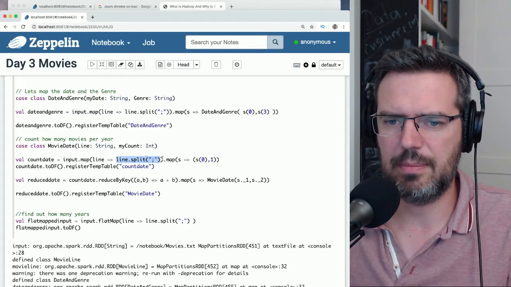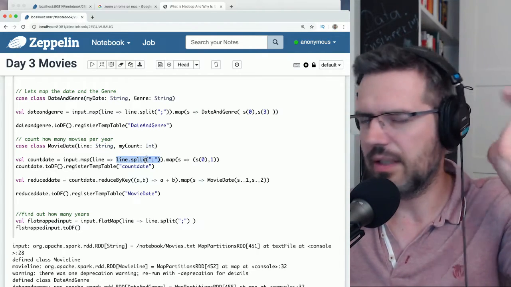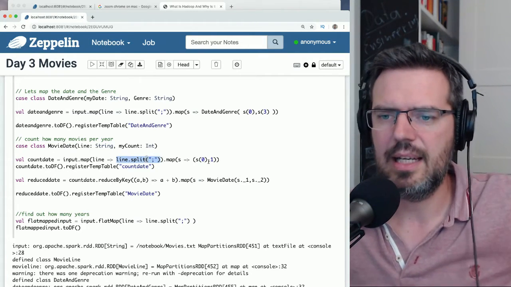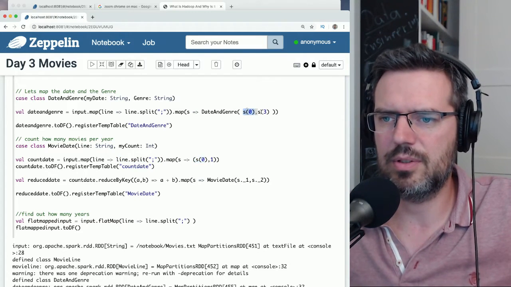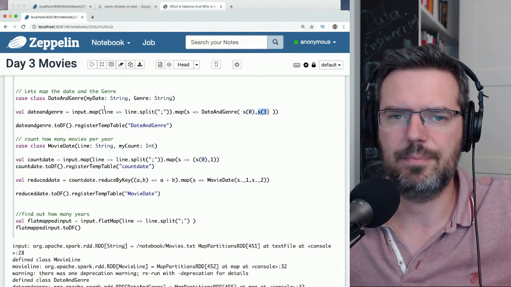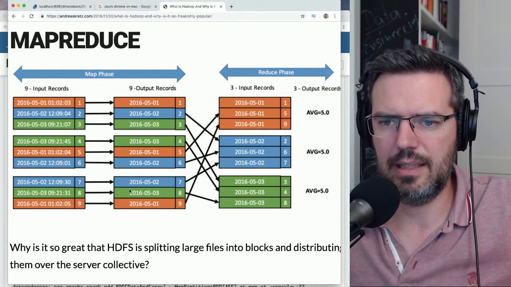We split the line for each of the columns in the CSV file, and then we took out the first one and the fourth one. This is basically what we have done here in the map phase.